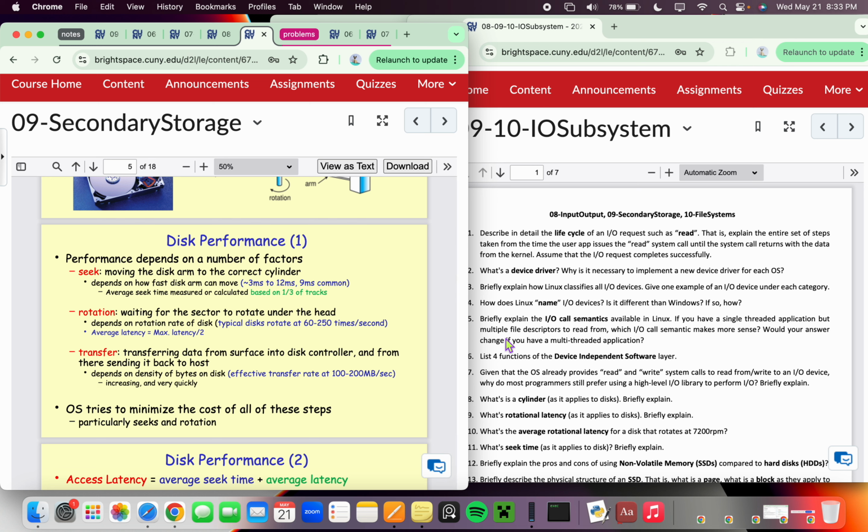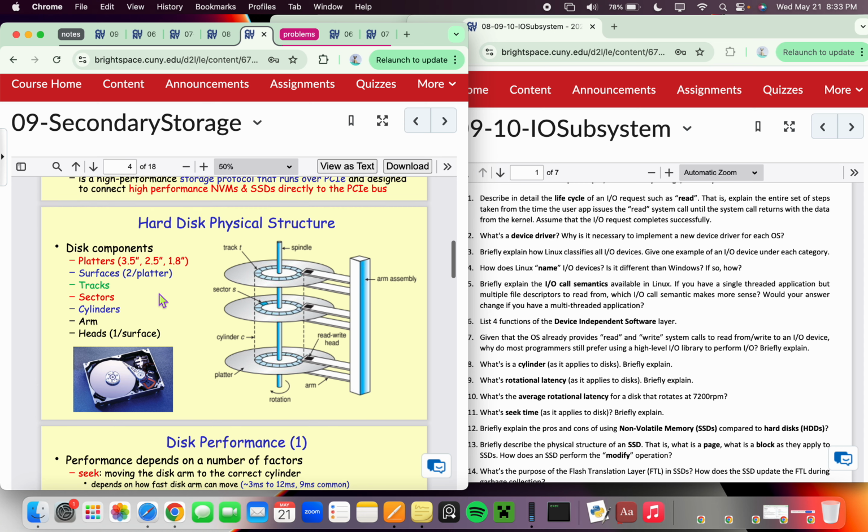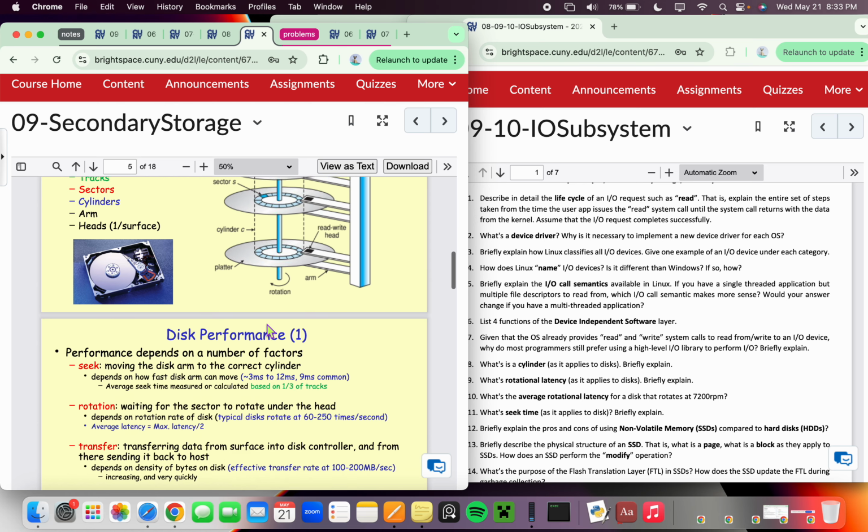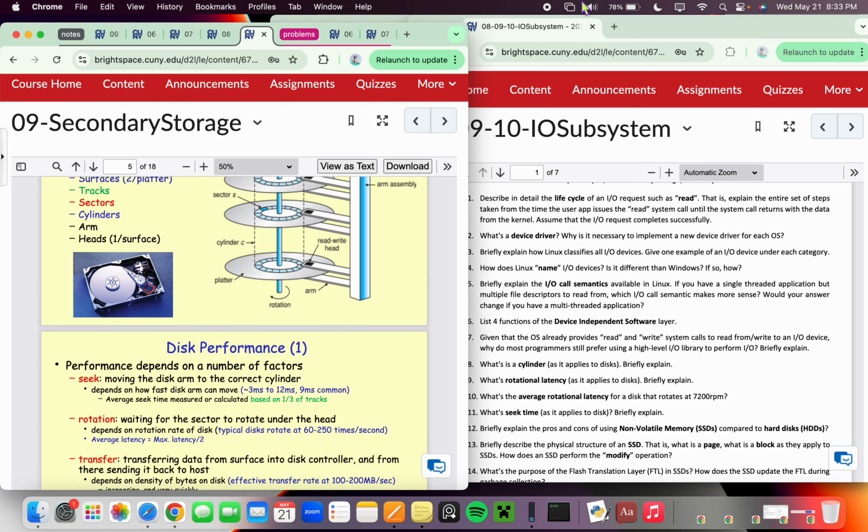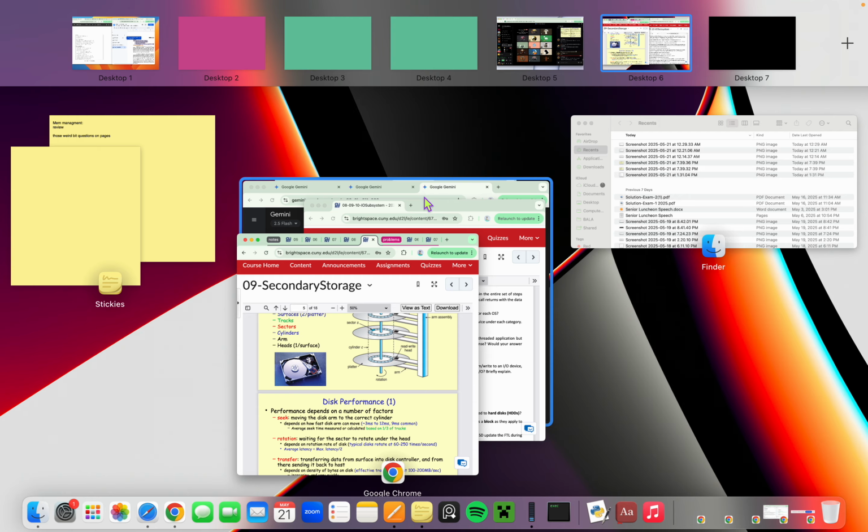So honestly, I doubt there's going to be more than one small part on this disk performance stuff. Just literally the seek, rotation, transfer. Or maybe pieces of it, like what's a cylinder, what's a platter, what's a track, a sector, cylinder. I think if you know these two slides, that's good. And then for the other part, right,